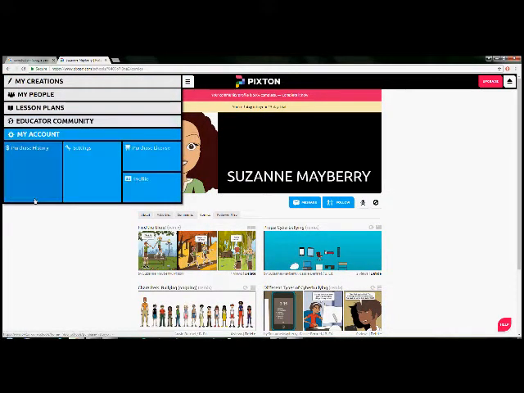And then the last thing is your account settings, where you can see your purchase history, where you can purchase the premium version of Pixton, which lets you upload your own pictures to the comics and have access to a couple of different formats, like vertical panels, like things that aren't strictly necessary but can help you